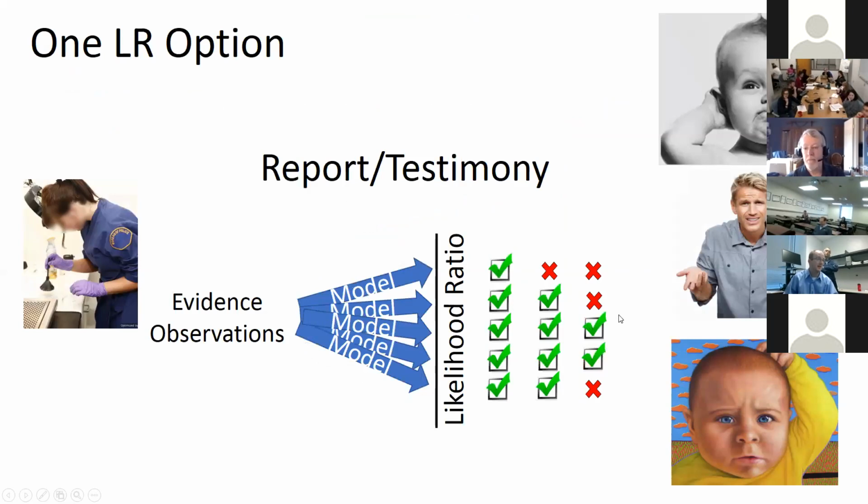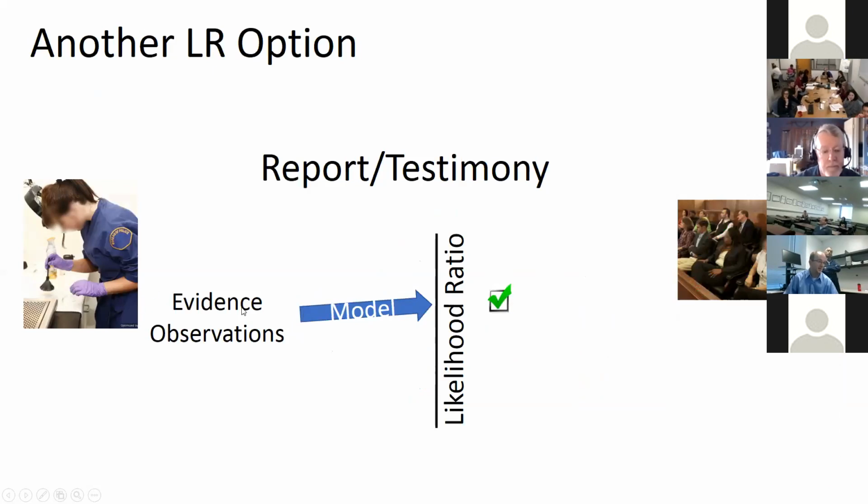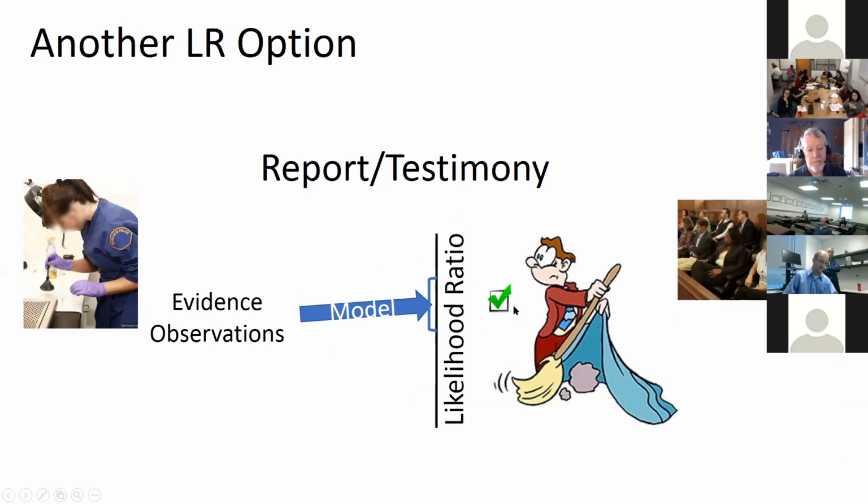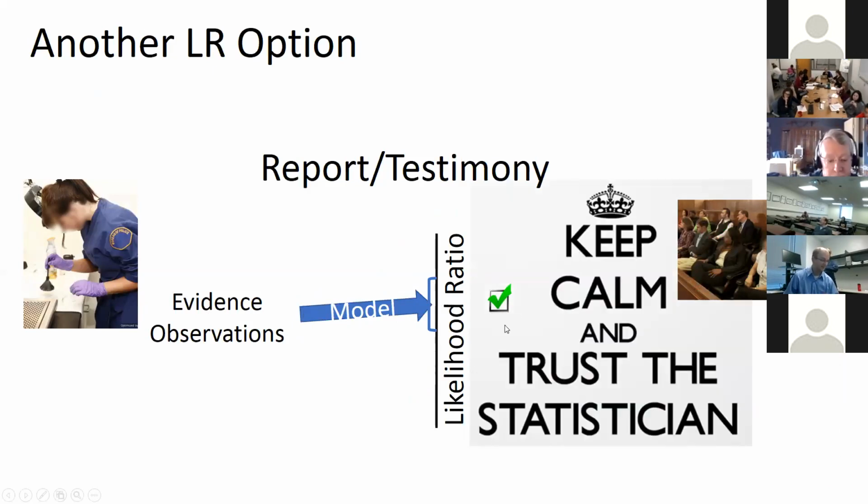So an alternative option is to translate, using our favorite model, to a single value of the likelihood ratio, or possibly looking at some uncertainty within the assumptions made for that model, as well as to articulate that this model has been checked to make sure that it's reasonable, and to not provide any of the other information, that there are other models that are also reasonable or that there are other ways to assess whether or not a given model is reasonable, and to stamp it with the seal of approval from the statistician, saying it's been well trained and this is, you know, their area of expertise, so we can have confidence in the result provided.